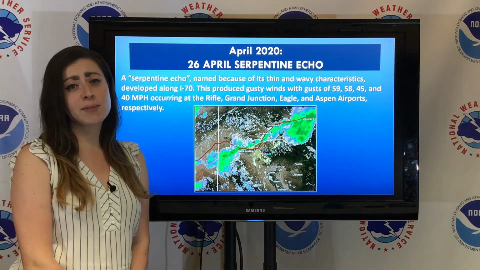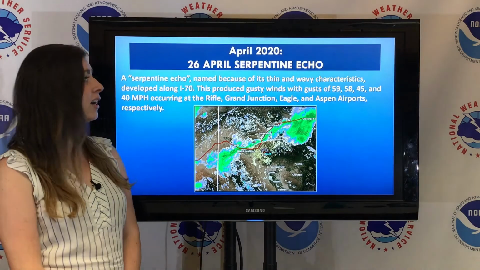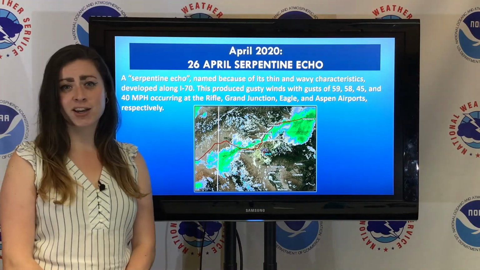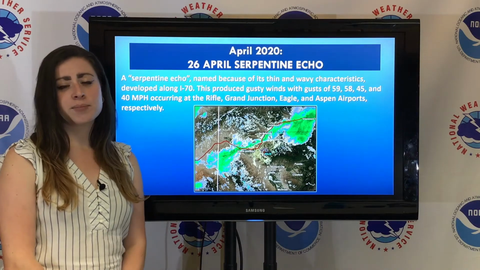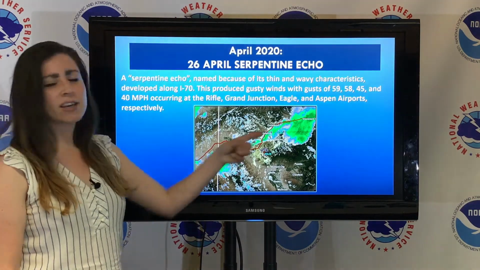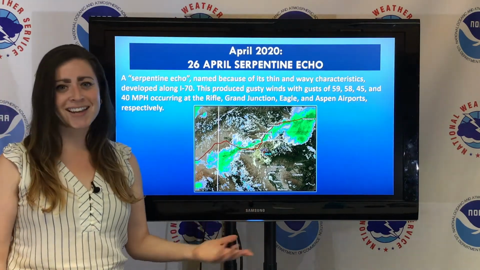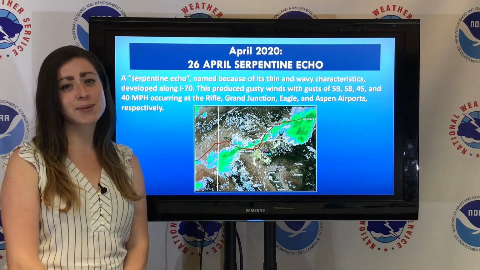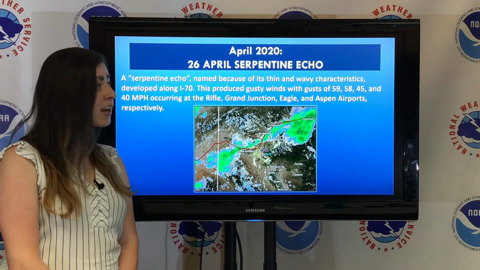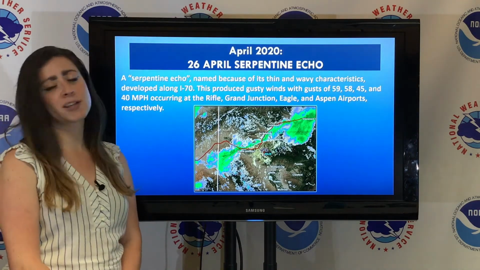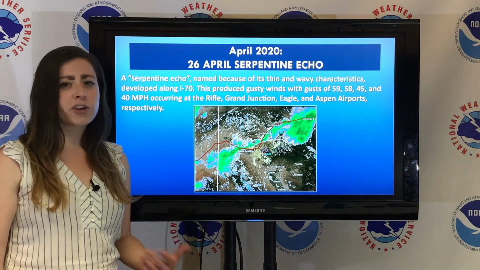Looking at the headline for the month of April, on April 26th we had a serpentine echo show up on radar. This is basically a signature on radar that is defined by its wavy characteristics, so it looks like a serpentine, a snake. With this, we got some pretty good wind gusts across the I-70 corridor. We had wind gusts of 59, 58, 45, and 40 miles an hour in the Rifle, Grand Junction,